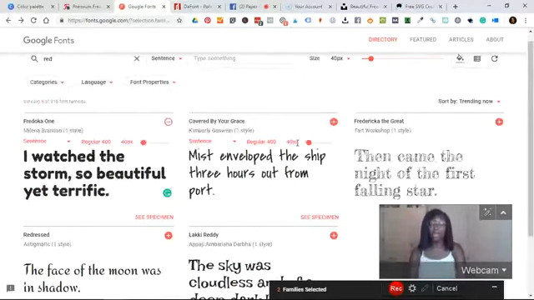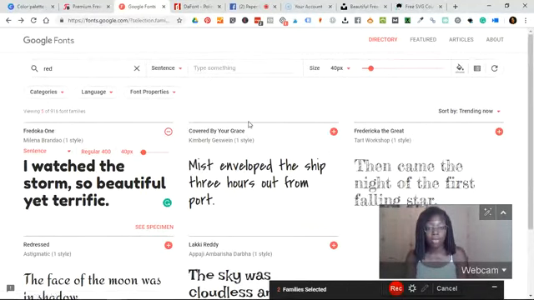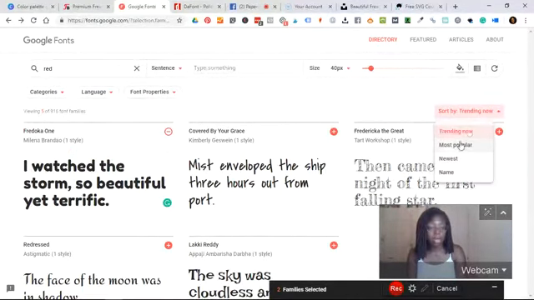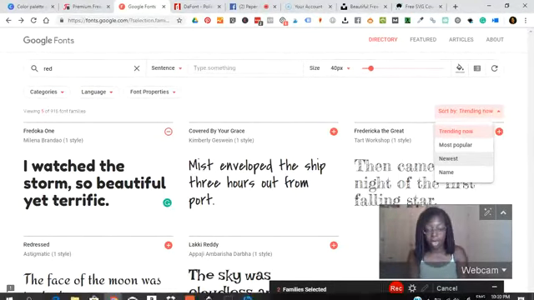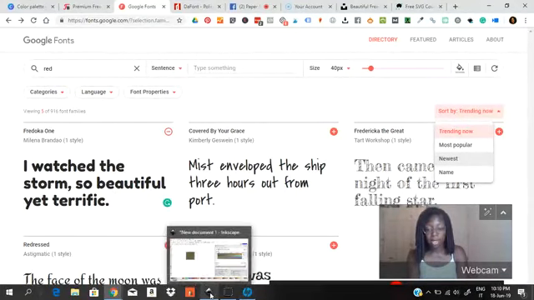And I think it also gives you font pairings. That's what I like about Google Fonts. So if you find a font and you want to have 1 or 2 different fonts, but you're not really experienced, you're not a graphic designer, you don't know what fonts go with other fonts, Google Fonts will show you what's most popular, trending, and it'll show you font matches as well. So you can download 2 fonts that go together and not have to worry about testing out a million different things. So once you upload that into Inkscape,